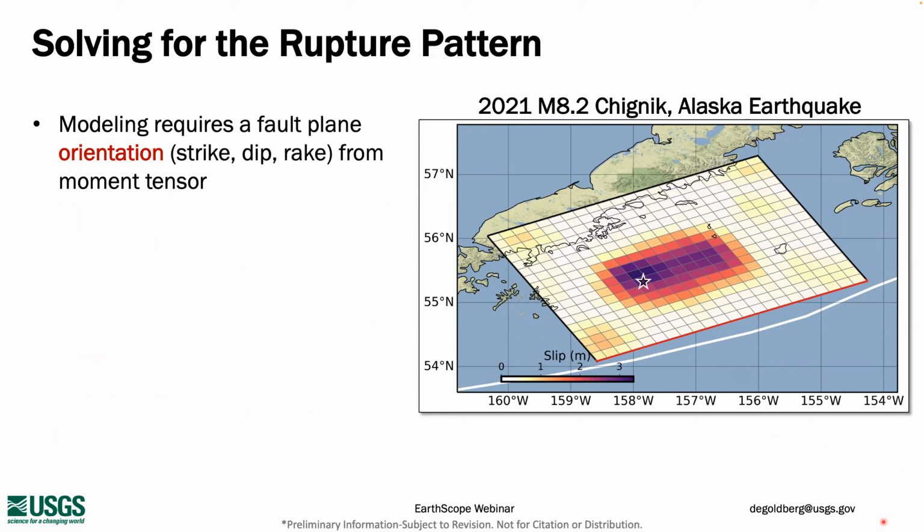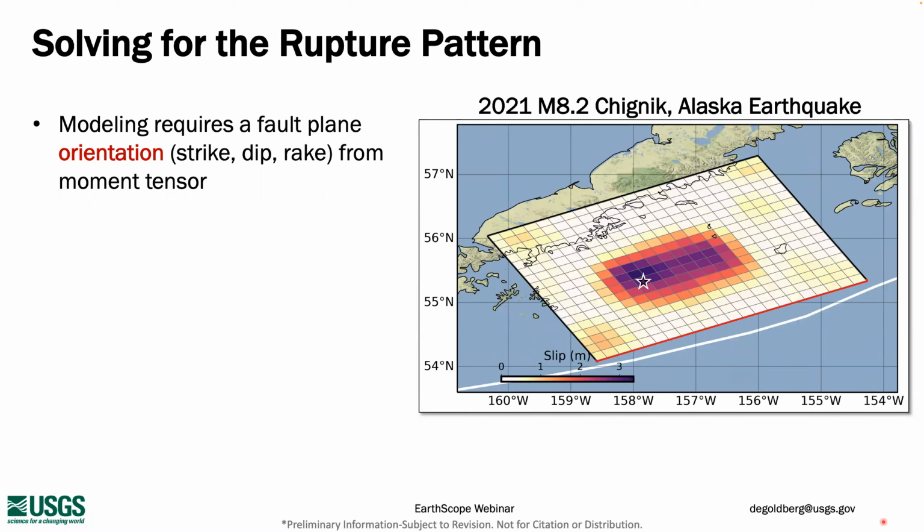And we generally take this from the rapidly estimated moment tensor, which obviously gives you two potential planes, and we use either data fits or knowledge about the tectonics of the region to choose the more likely plane. Sometimes if it's in a confusing area and we don't know, we'll publish both.